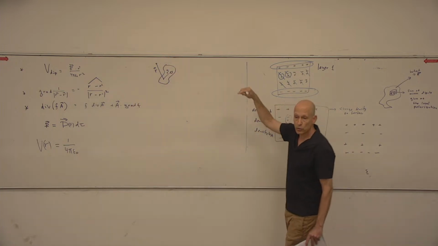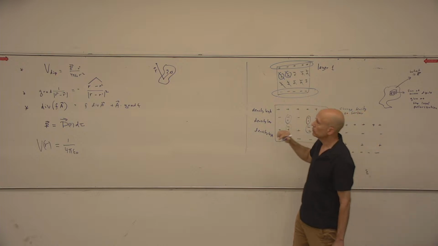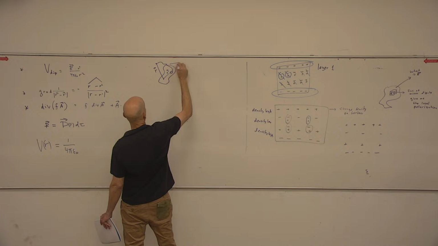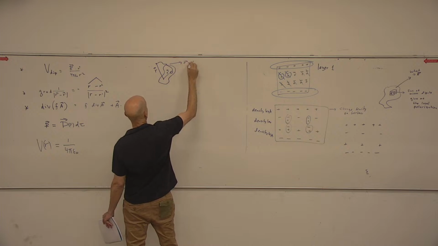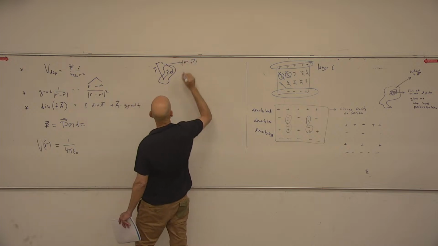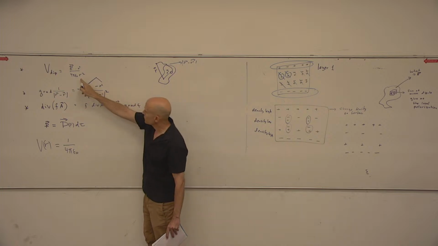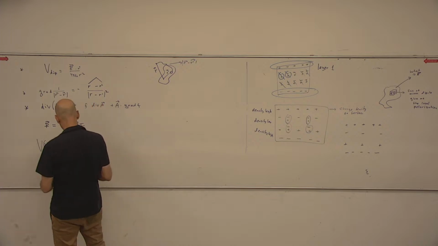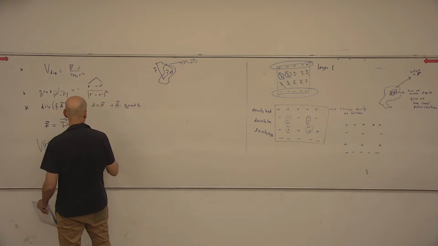It's r minus r prime, right? The usual thing. So this one has to go inside here, and I need to integrate over r prime to get the final result. So this is equal to capital P of r